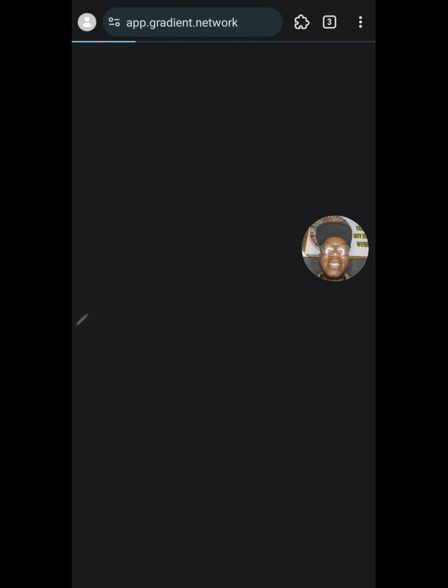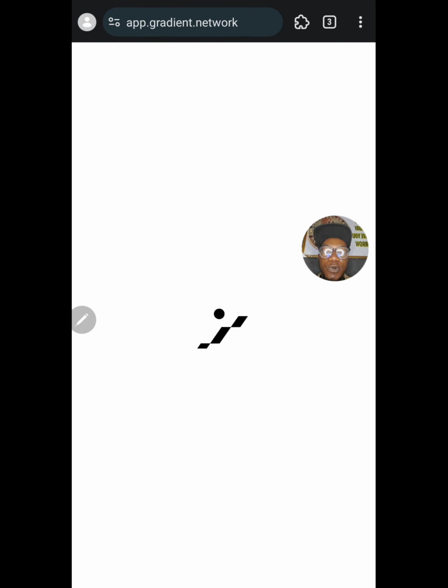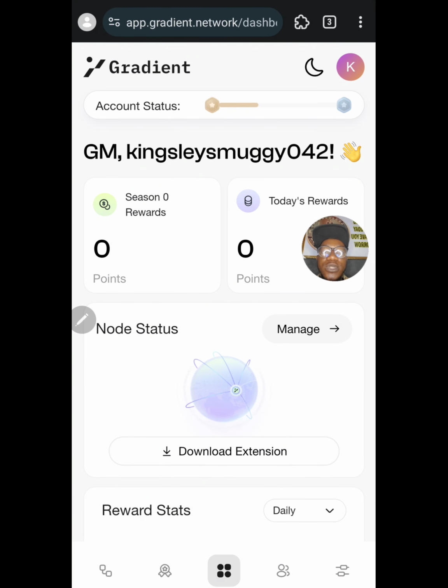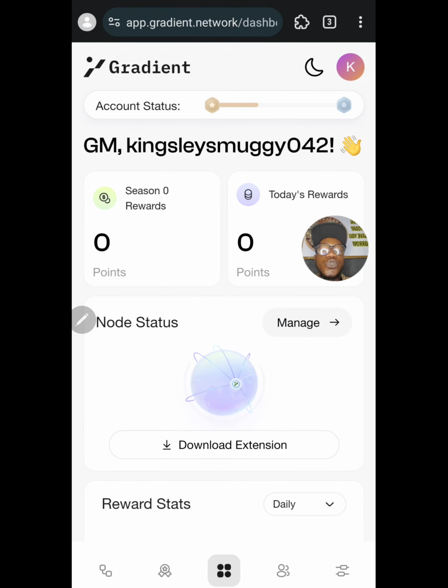So once it is added, this is what is going to be happening to your own dashboard, just like it is happening to mine right now. And you can see how it is actually loading up. Let me show you guys the next thing right now. So once I've done adding it to my extension, let me show you guys the next thing that you actually need to do. So what I need to do from here is to simply go ahead and click right here